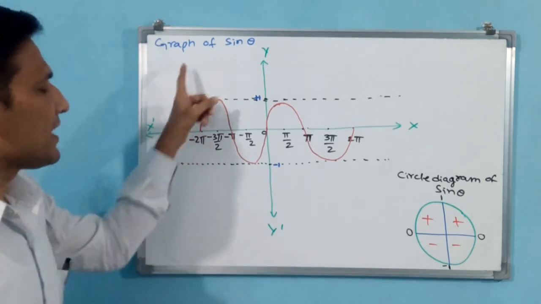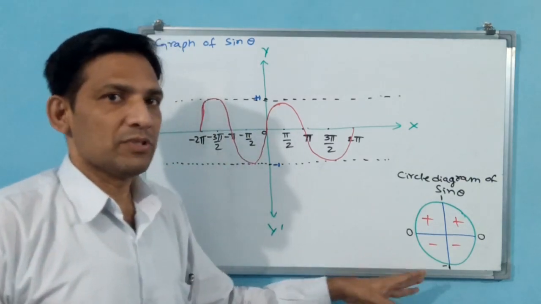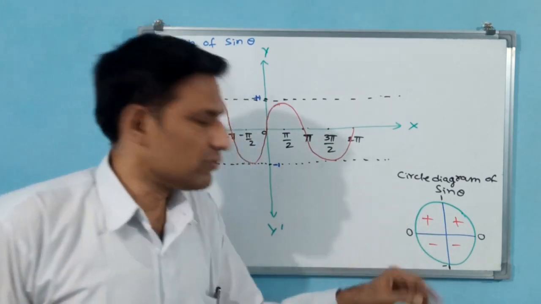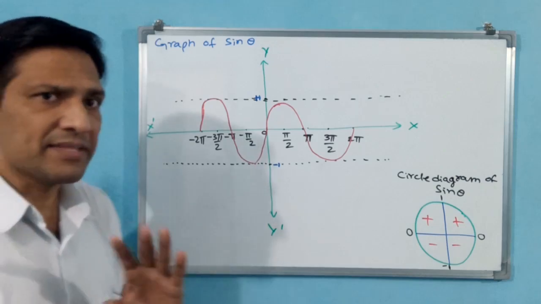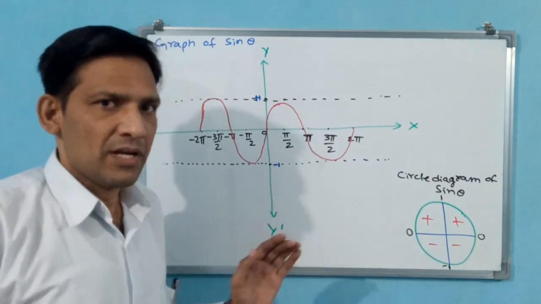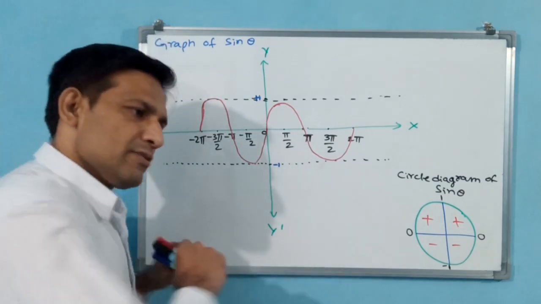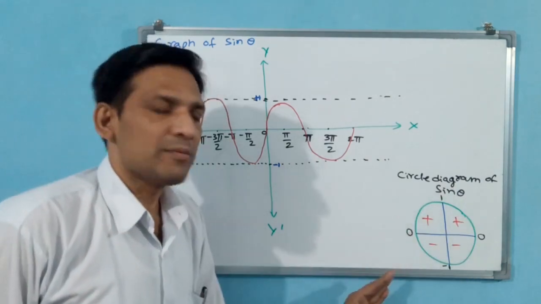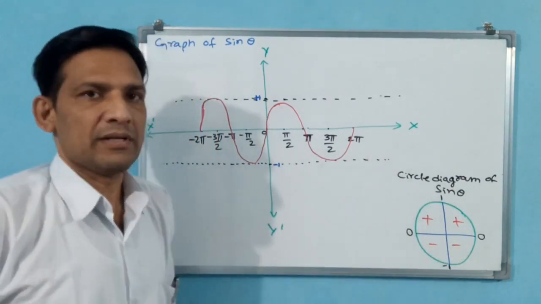See, this graph has come because of this circle diagram only, where we could draw. Or else, sin theta values you have to take, that also you can do, but sin theta values 0 to 90 only we know. Remaining all again you have to enlarge, extend. Rather than extending, this circle diagram is there, whatever may be the values you can draw.